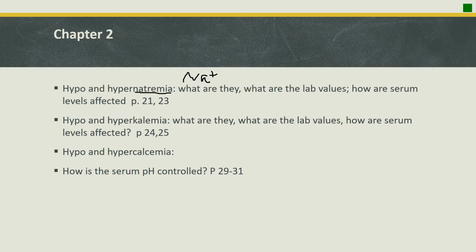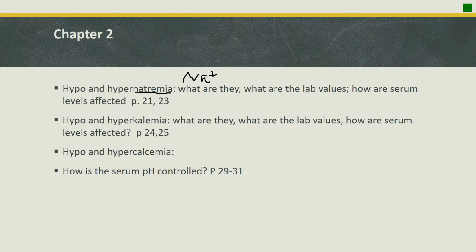So let's look at sodium. Something that you're going to be doing in your nursing program, wherever you go, is you're going to be describing the different labs, what they are. Well, you got to go back to your A&P. Sodium is the primary cation, which is a positively charged ion in the extracellular fluid. It moves by diffusion between the vasculature and the interstitial fluids. There's actually a pump that helps this to happen. We find sodium in our mucus and other body secretions. We lose it by way of perspiration, urine, and feces. The kidneys control the levels, but the importance is that it maintains extracellular fluid volume, and it also conducts nerve